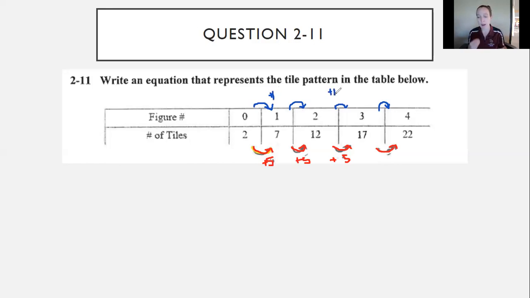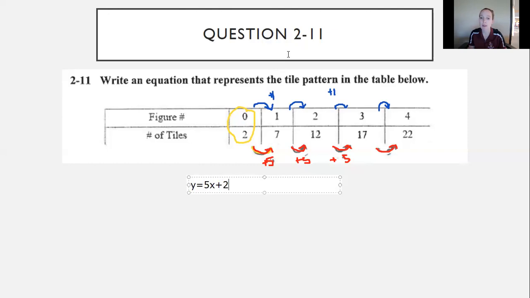So just keep in mind the pattern in the Y, first thing you check, and then we're going to look at the pattern in the X. Okay, but we're not done, because remember, we have to figure out that's our growth rate. Our growth is we're always adding 5. But the second thing that we looked at was what was in figure 0, meaning what's our starting point? Well, that's our starting point. So now I have all of those necessary ingredients to write the equation of my line. So I'm going to come down here and write y equals, remember our growth rate was the number next to x, so 5x, and my starting point was a positive 2. And so that's my equation,